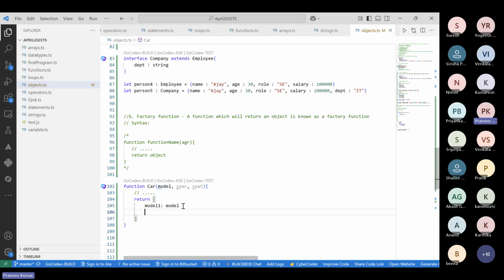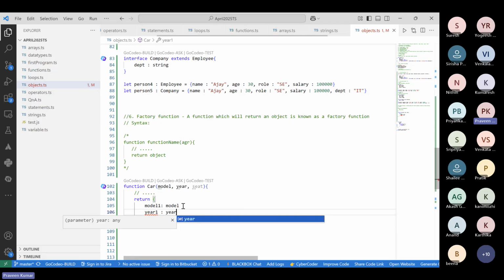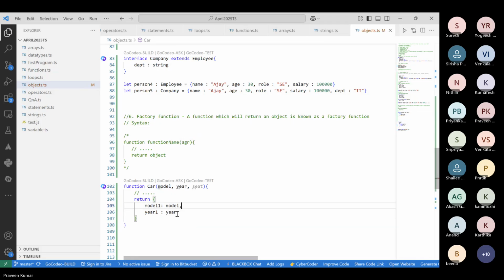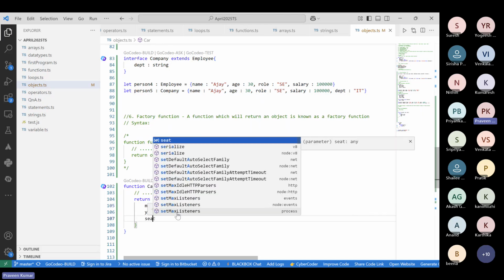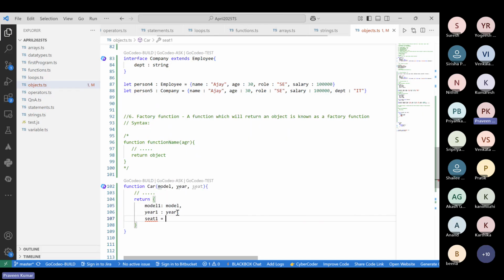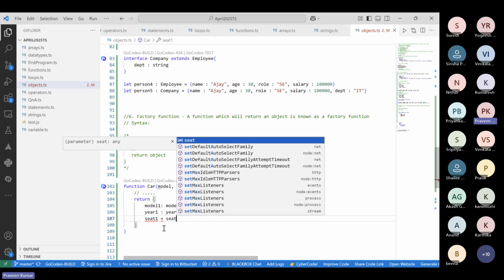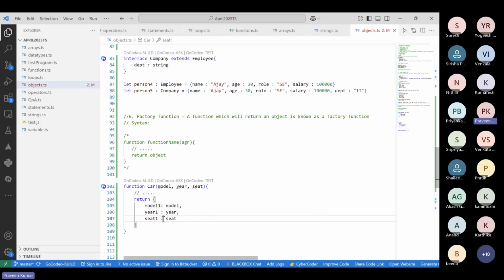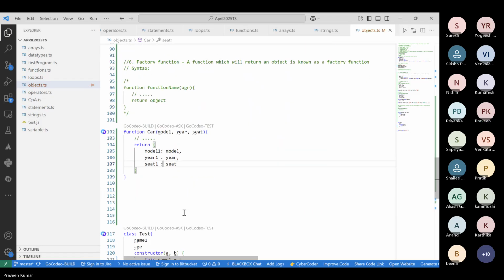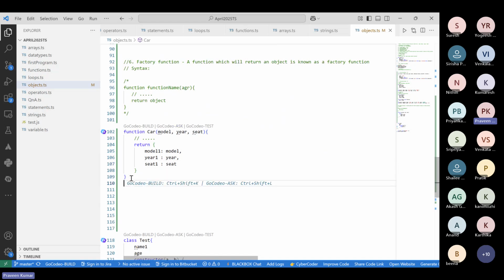And then again, let's say year, year one colon year over here, again separated by a comma. And then we can also say seat one equals seat. So what happens in this case is, whenever you call this particular function,